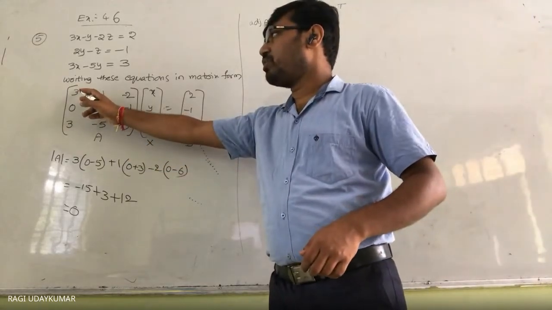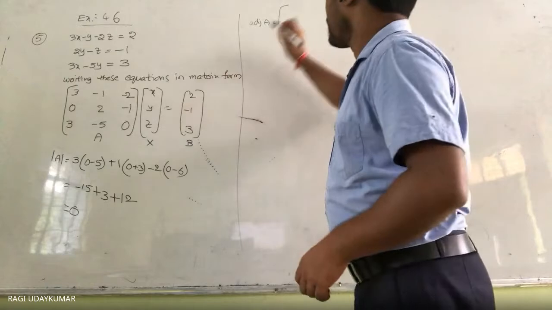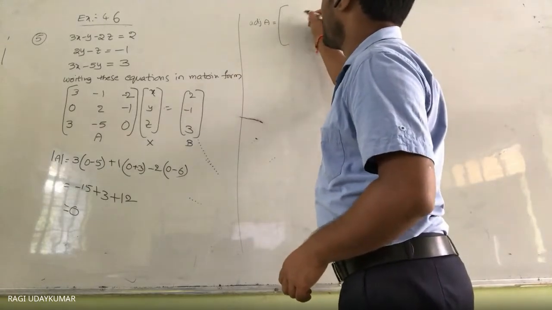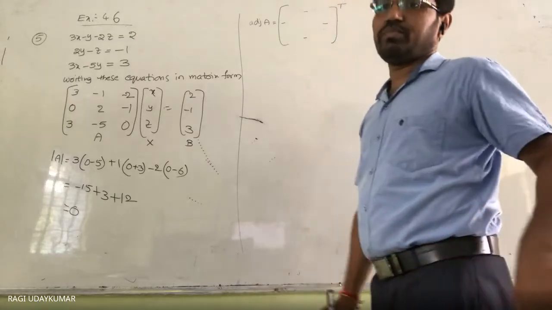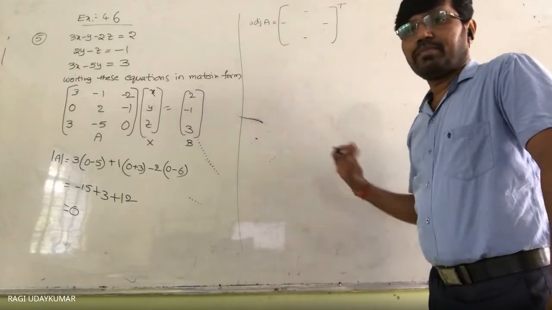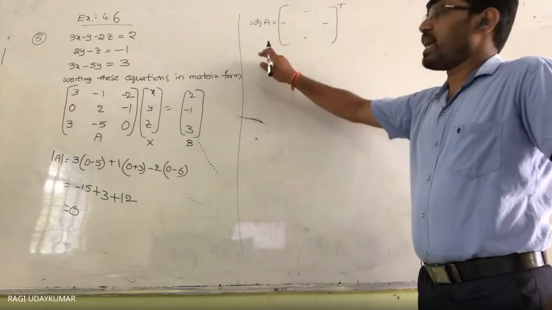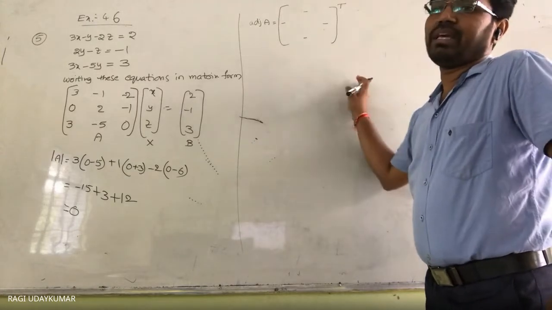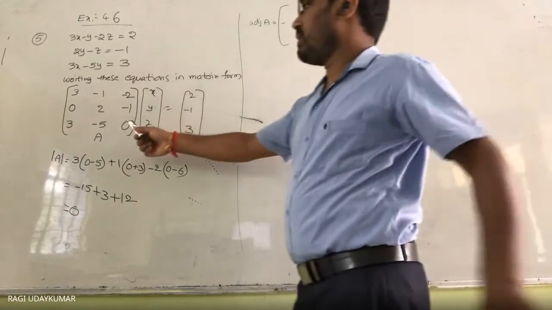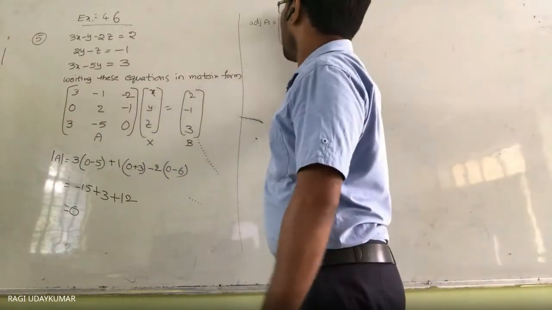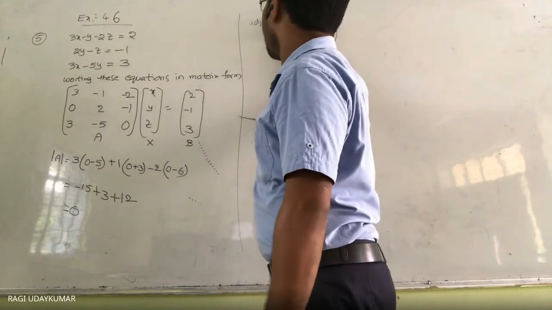For the cofactor of A, row and column, if you are getting confused, write the sign pattern first: plus here, minus here, minus, minus, minus. As this problem includes the others also, capital A11, A12, A13, there is no need to write them here. So what do we get here? 0 minus 5, so minus 5.